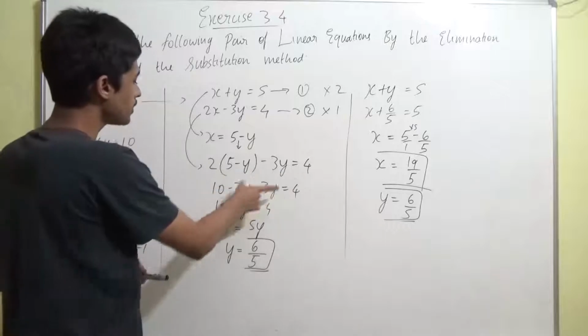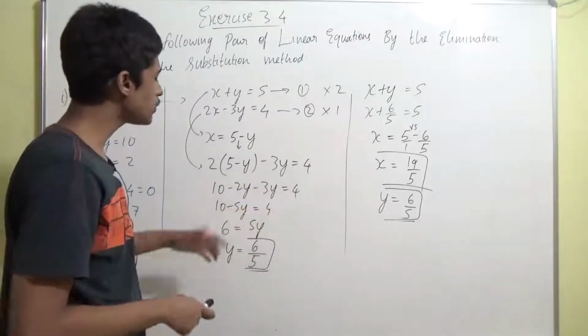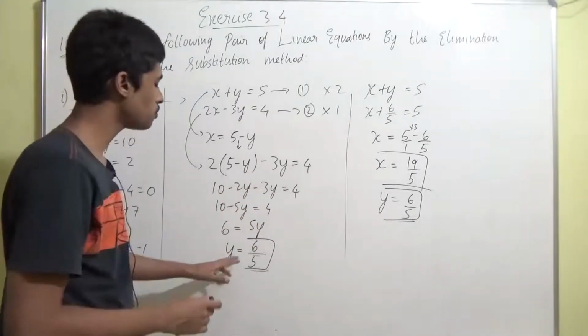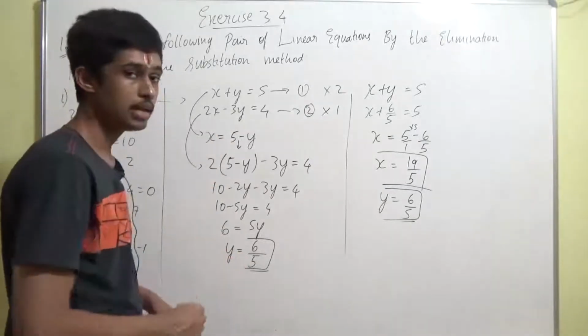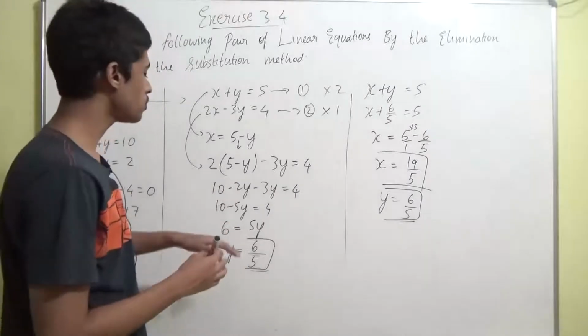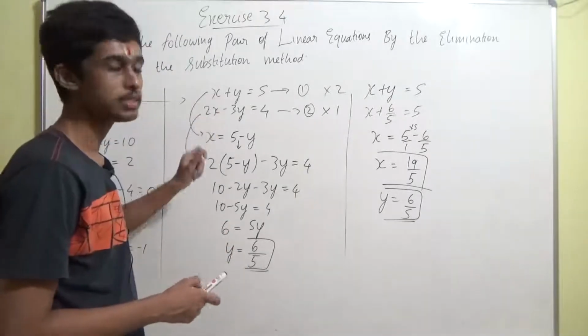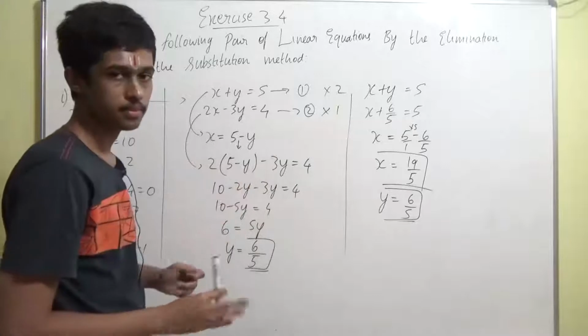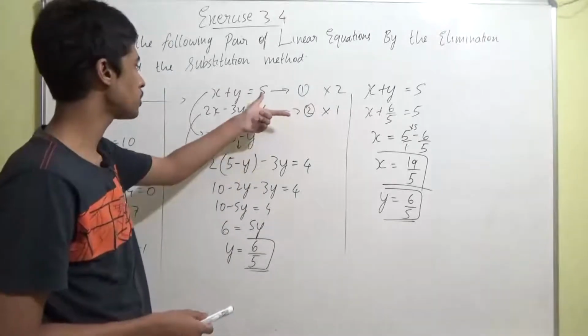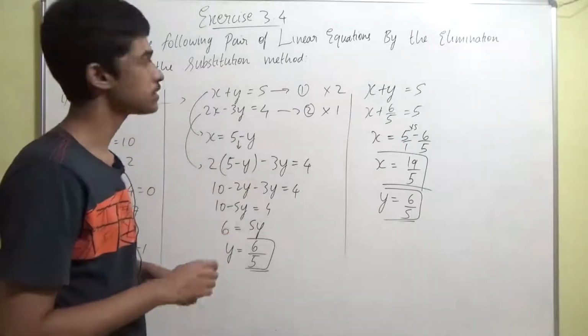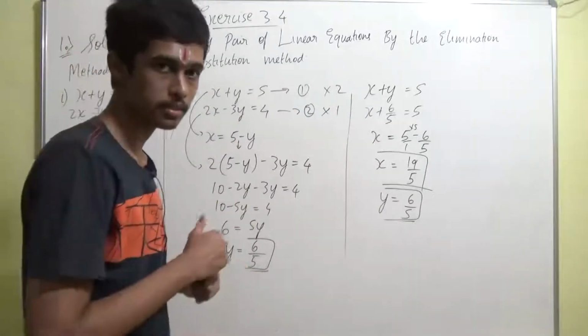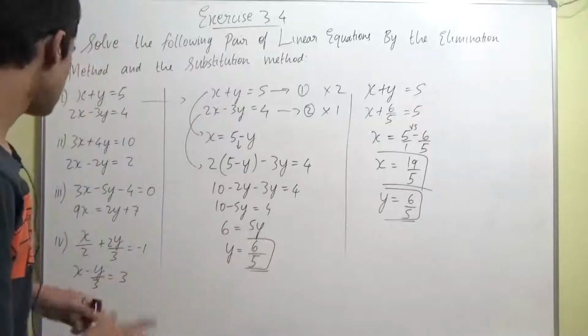So after that, when you expand this, you are getting equations like this. Then you are finally getting the value of one variable. Among those two variables, one variable's value you are getting, that is the value of y. And then it's easy, right? You have to put the value of y in any of these two equations and then find the value of x, right? If you put the value of y in any of these two equations, automatically you're going to get the value of x. So finally you'll get the value of x and y, which they are going to ask you in the question, right? That's it, right? As simple as that, guys.